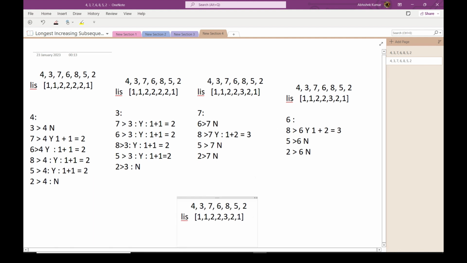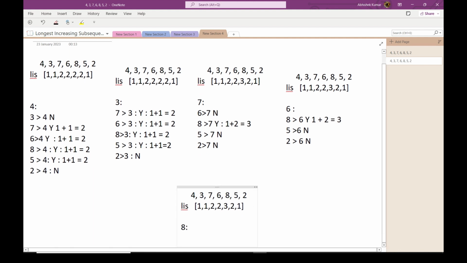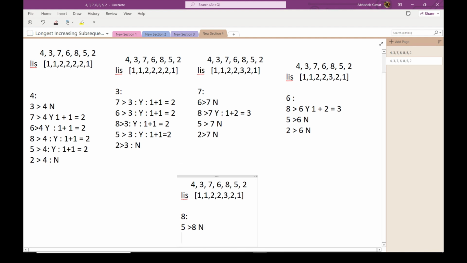What will we go for? We are now going for 8. So now this 5 is asking, am I greater, can I be part? It's telling me, is 5 greater than 8? No. Now it's 2. Is it greater than 8? It's telling no, so it also cannot be. In the same way,